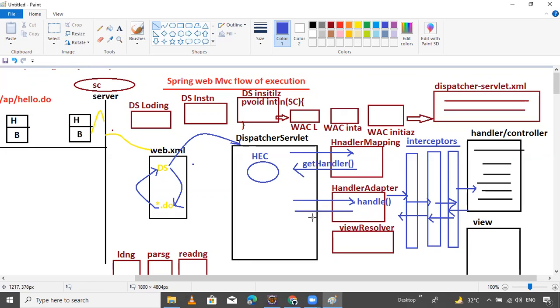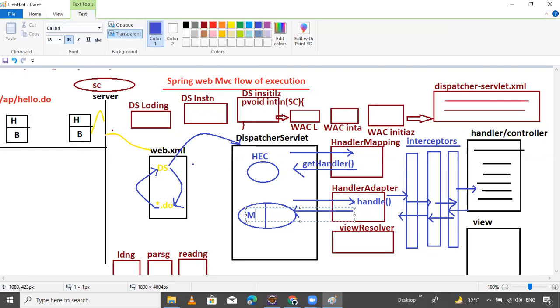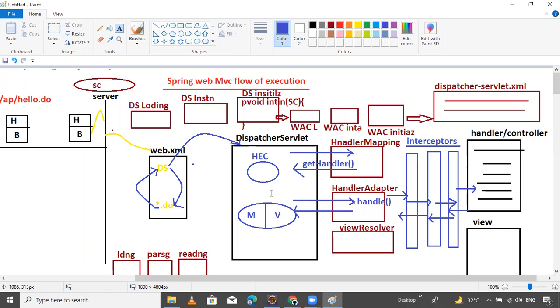Two objects it's getting, the model and view objects. Then it interacts with the view resolver and identifies the web application.